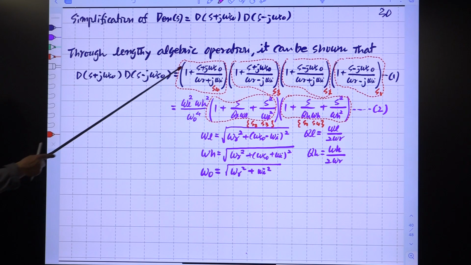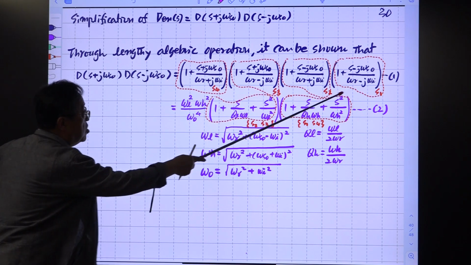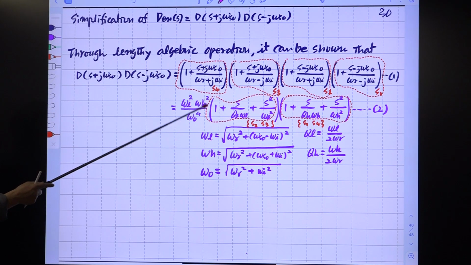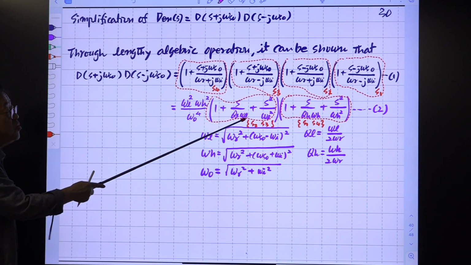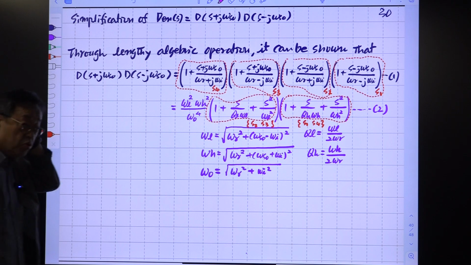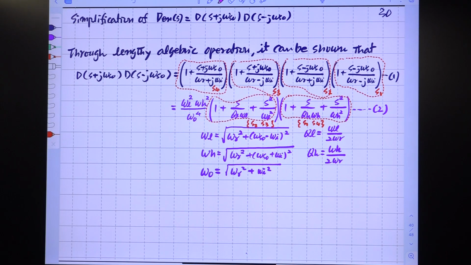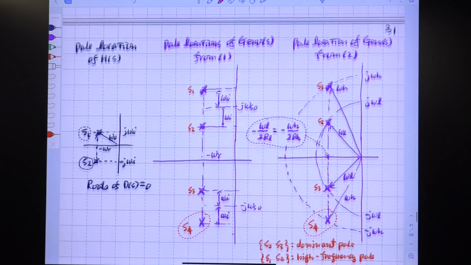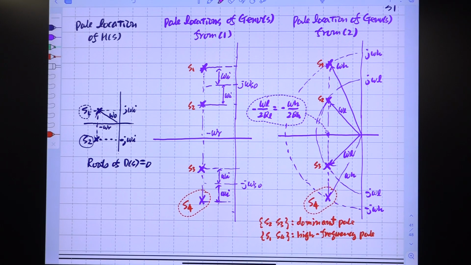So you have this expression, this expression. This expression predicts the poles and zeros, this one. And this one also represents the four zeros. Four poles, not zeros, because this one came from the denominator. So